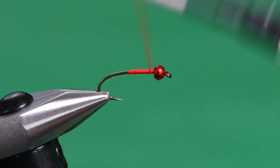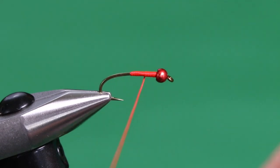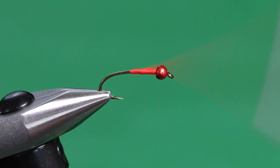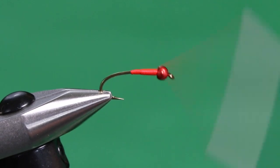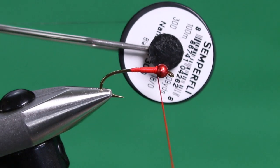Because a smooth underbody is key to forming a nice smooth wire body, and just helps build up the front portion of the fly. Again, we don't have to use excessive thread bulk. And that should be good. And then all I'm going to do is tie this off, and now we're going to attach our tying thread,